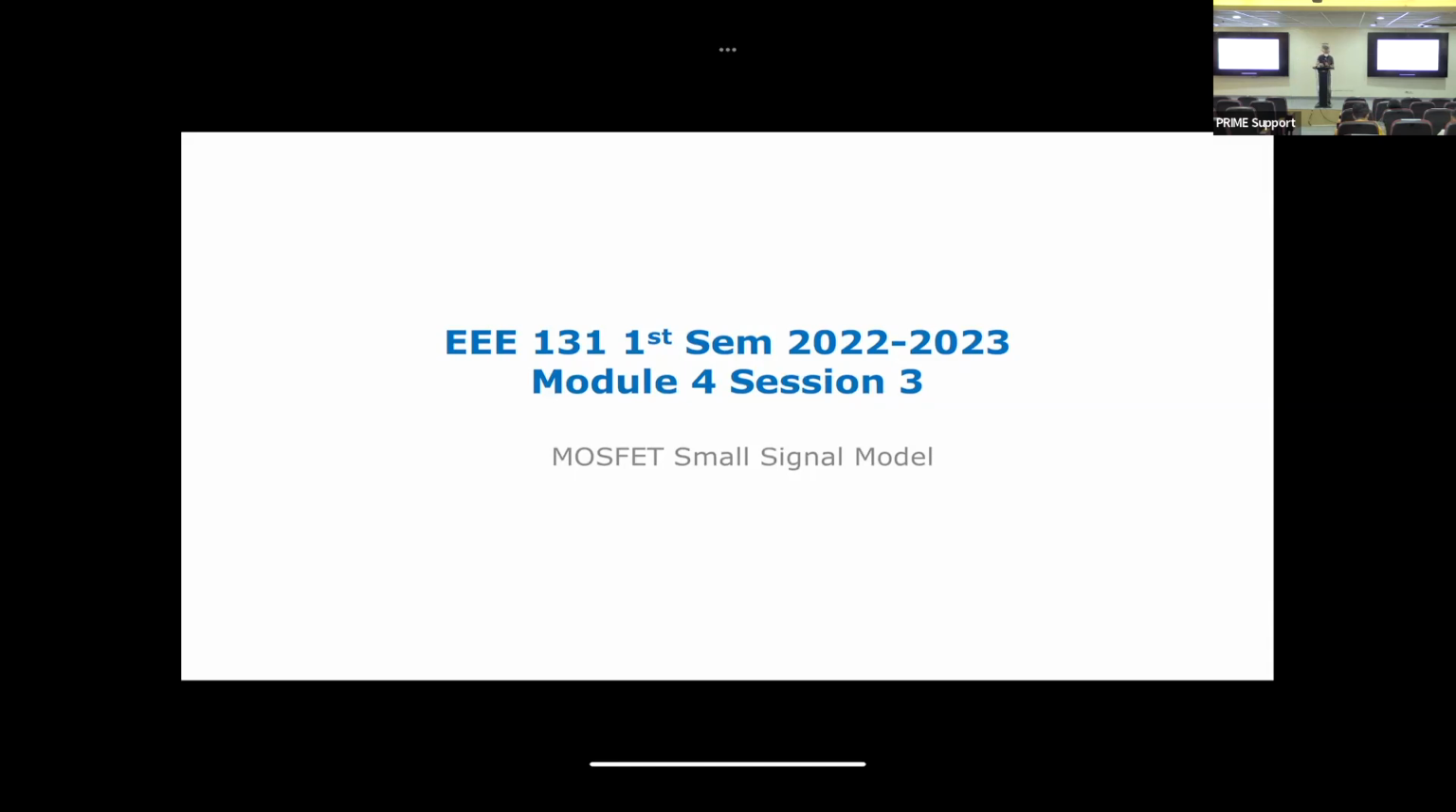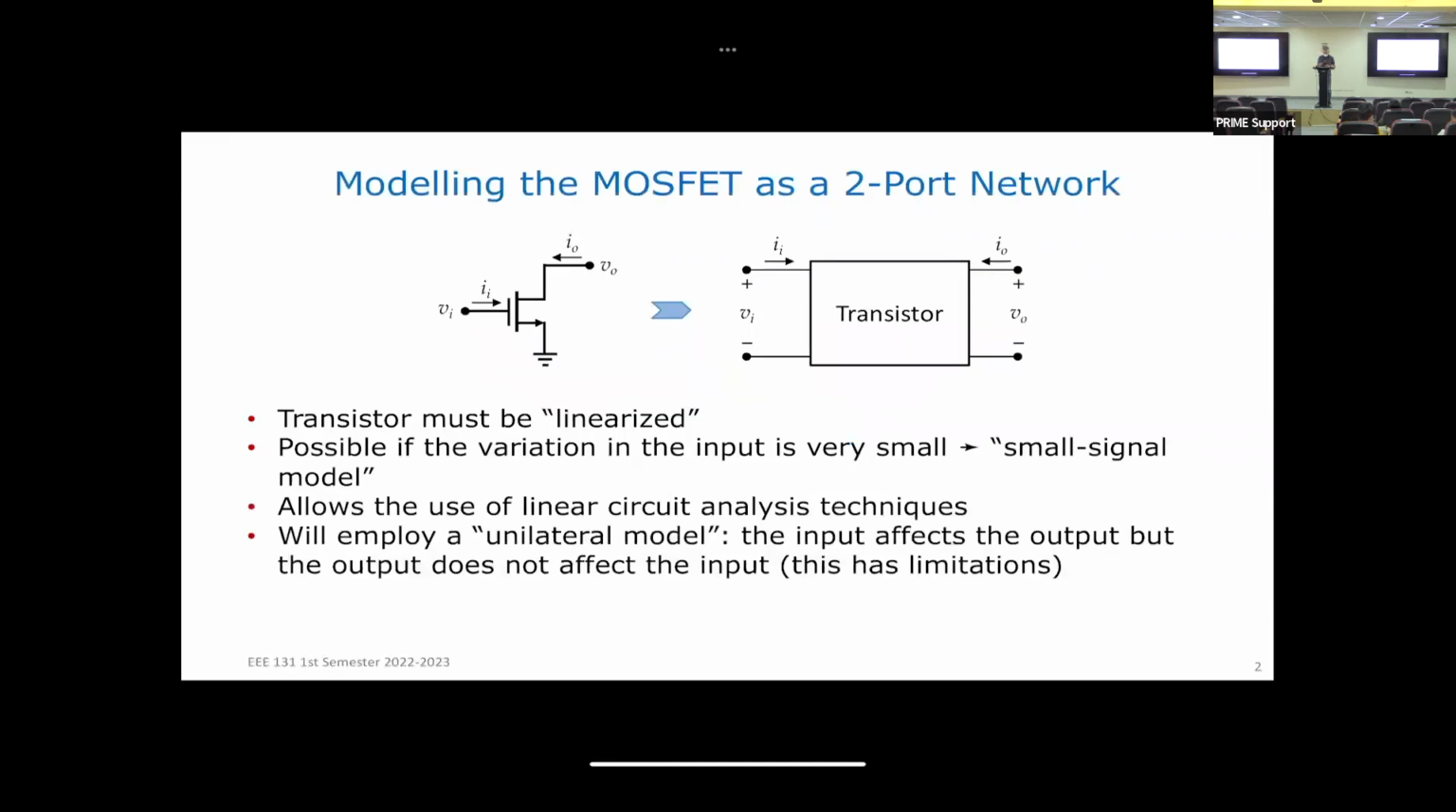Model of the MOSFET. So what we're going to do is we're going to be modeling the MOSFET as a two-port network. The same thing that we did for the bipolar junction transistor. So if this is our MOSFET, can we find an equivalent two-port network that can replace the MOSFET? So we're only talking about the MOSFET here. No other external